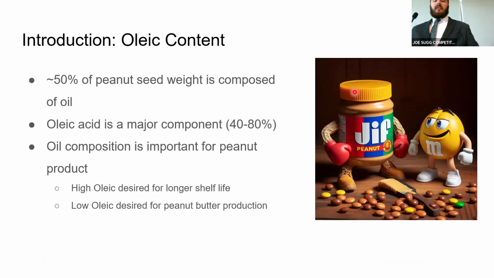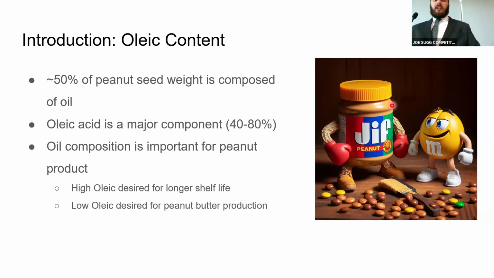So some of our stuff like peanut M&Ms, they like high oleic for the longer shelf life, where low oleic is desired for our peanut butter production. So they're competing with each other for the growers and trying to get the growers to grow certain varieties of oleic. So we need to understand what kind of varieties we're growing and understand how we could use that in